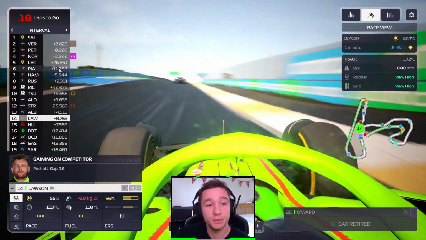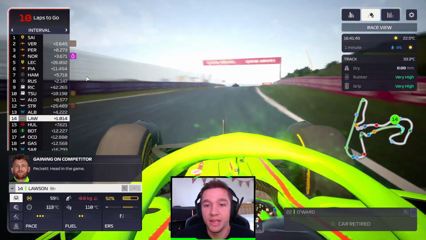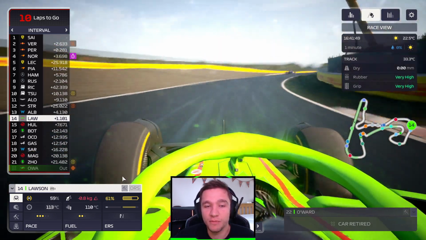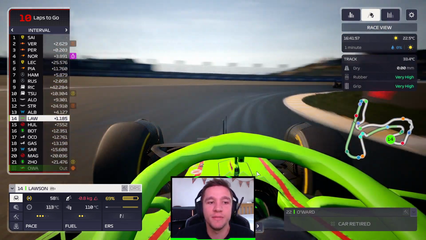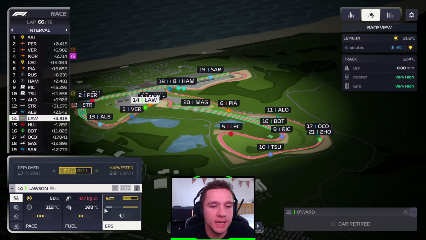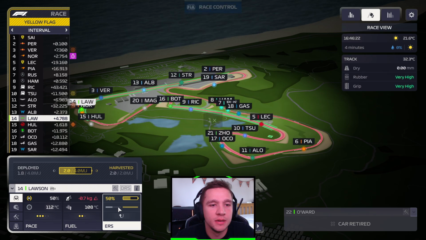P12's on the cards. P12 would actually be a pretty good result, and probably the best result we could have got anyway. I think if we qualified with Lawson, where Pato qualified, we probably would have comfortably finished P12. It's these lapped cars that are killing us. Absolutely killing us. Norris is going to go...